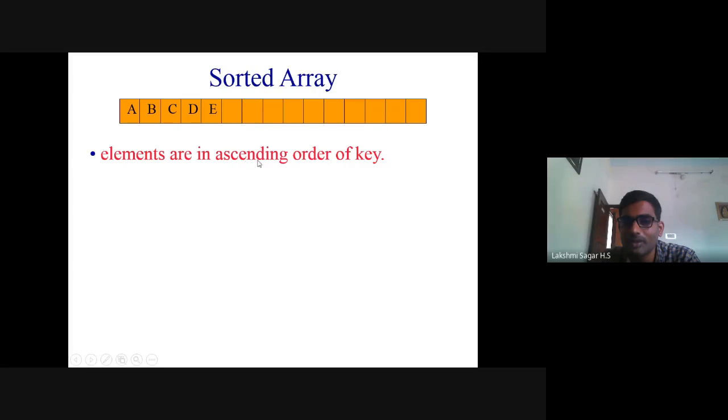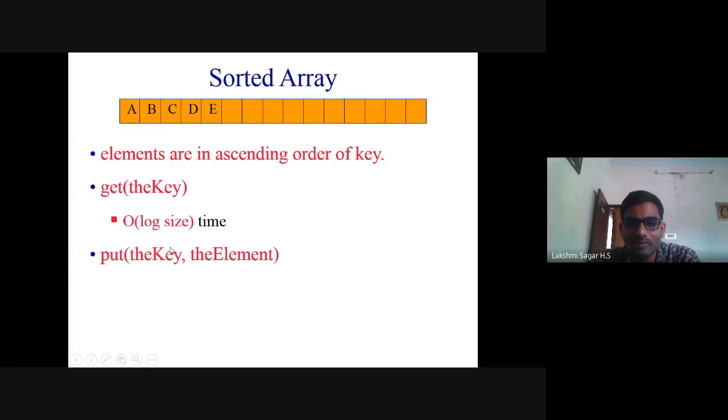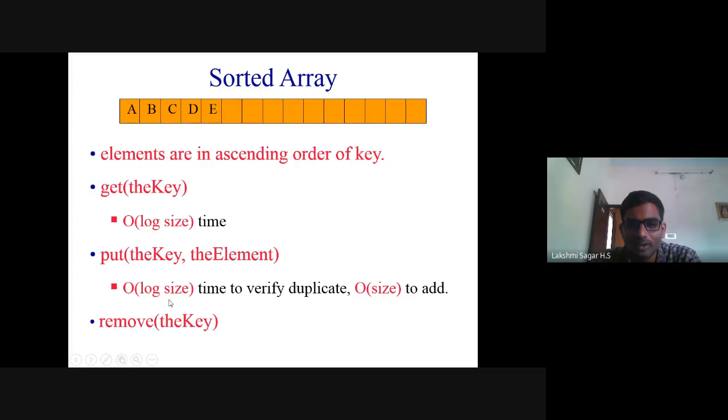Suppose some keys are there or some values are there, or score, student name and particular score will be there. So exam score, if you want to arrange it in ascending order of key, suppose here key acts as a score, and student name acts as a value or elements. If you consider it that way, if you want to arrange according to the score in ascending order, you can arrange it. So already know this one, it takes big O of block size time. So just go through it.